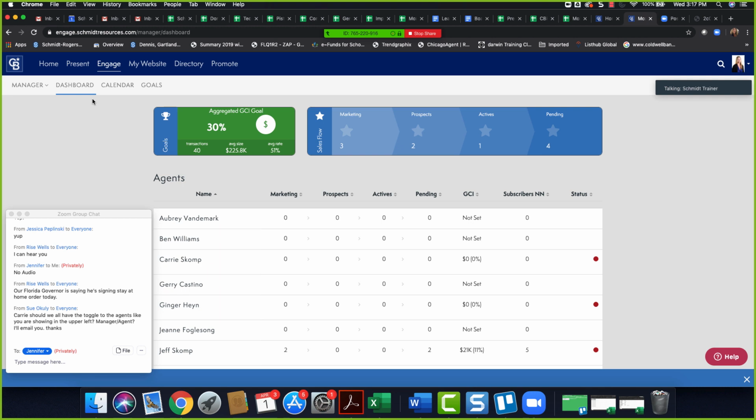Anyway, so it doesn't need to necessarily be from Zap. Perhaps they're using Top Producer. Perhaps they're using another product where their contacts are kept. Anytime that they can get that information into a CSV file, they can get it over to their G Suite account. So in G Suite,